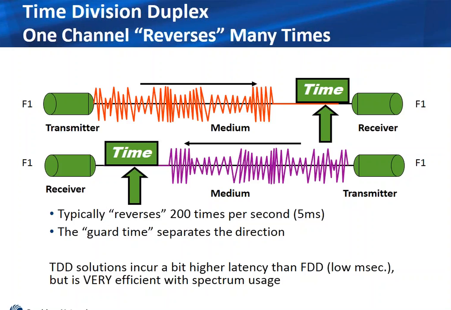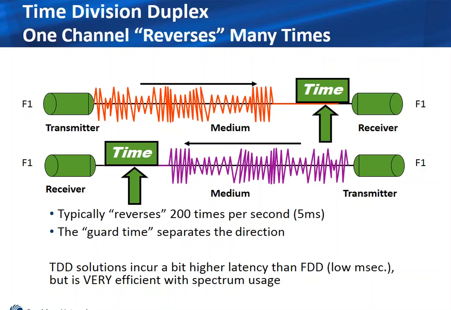There's a slight guard time required for a pause between those transitions. So TDD solutions incur a bit higher latency than FDD, and you can probably see visually why that would be, because I have to transmit one way, stop, and then transmit another way. But this is super fast, really, at the end of the day. So we're talking about very low millisecond type of solutions, which is perfectly fine for sensitive applications like VoIP or things like that. But probably the key benefit with